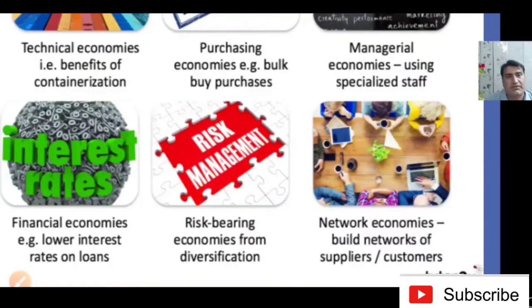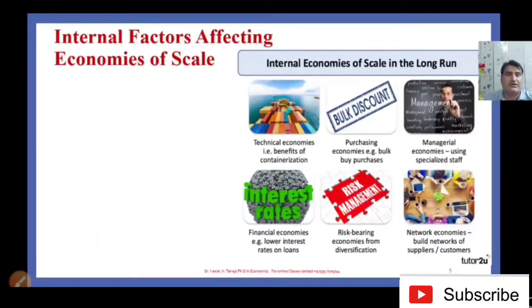It means that the firm may reduce its risk by investing in different projects. So network economies build a network of suppliers and customers. In this way the firm may reduce its long run average cost. So we can say that these are the internal factors affecting economies of scale, or the efficient use of the